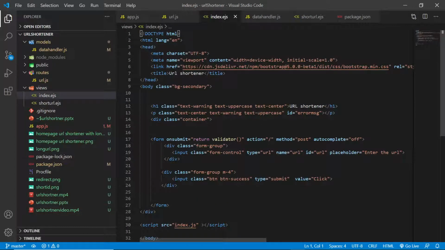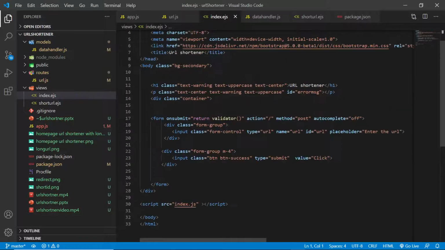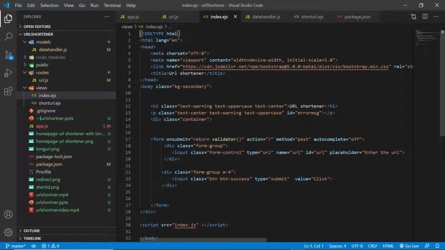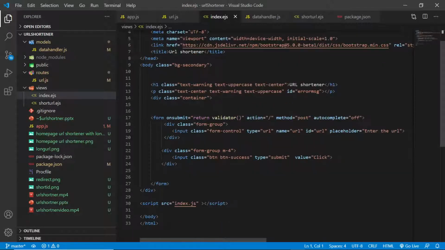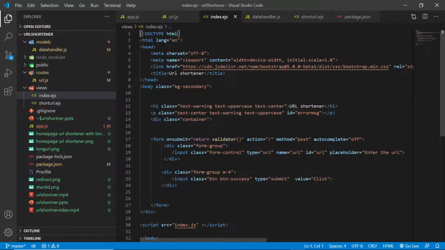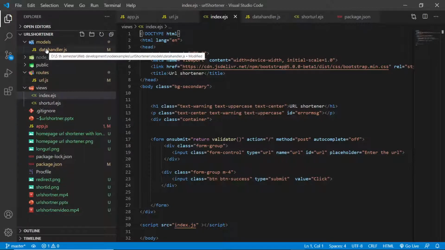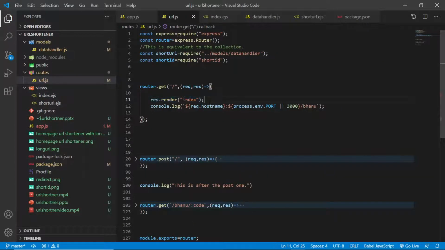Now this is not an HTML tutorial, so you can easily read this and understand. I'll explain it, but not now. Let's go back to this url.js. So we return back this index.js,